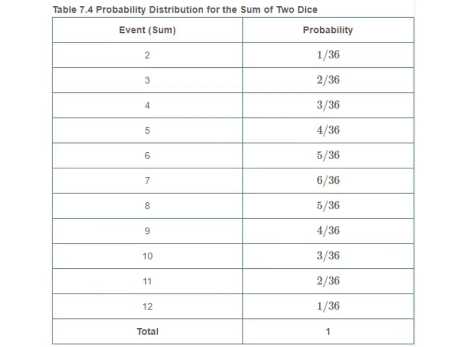This is an example of a probability distribution that was in your reading. This one is for the sum of 2 dice, and you can show probability distributions as tables like this or as histograms. This one just gives a list of all the different events or sums, and then the probability of each of those things. Right? So it's good to know this,